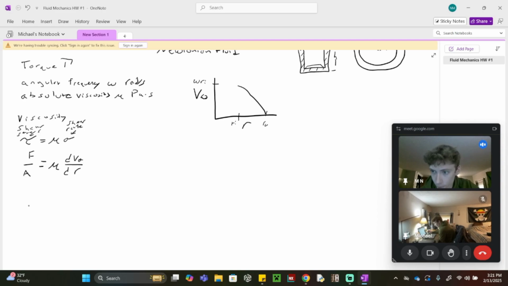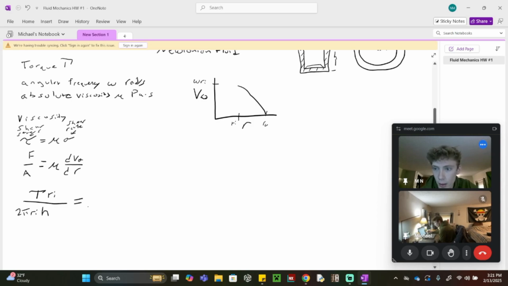So we can look at force. What is our force that we're looking at? It's the torque. So it would be torque times our inner radius over, what is the area we're looking at? It would be the inner cylinder, so 2 pi Ri multiplied by the height